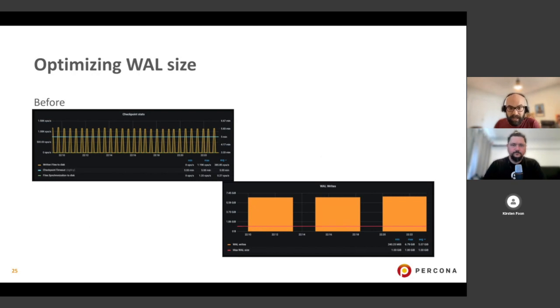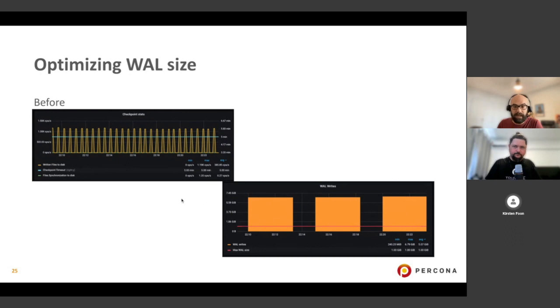In this case, we were having around 6.8 gigs for every checkpoint timeout, so every 5 minutes. This means that we were doing unnecessary checkpointing with all that that takes. So this graph would actually help us in getting a more appropriate number for our max WAL size,